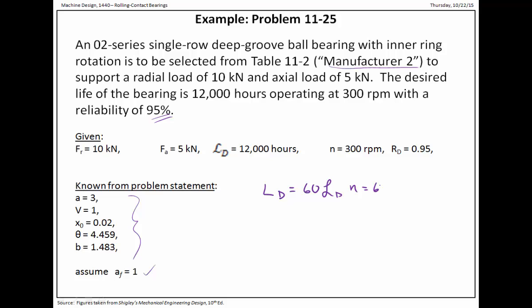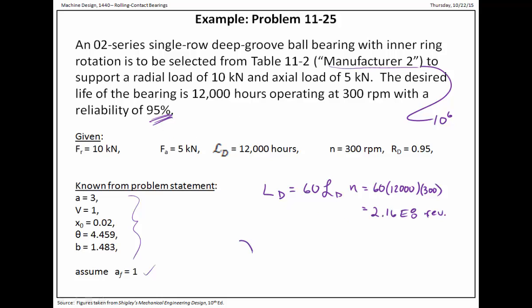So that's simply going to be 60 times 12,000 times 300. We're going to end up with 2.16 e to the 8 revolutions, which is obviously going to be more than the 1 million. If we look up in the table, we find that manufacturer 2 is based on the 1 million revolutions, 1 million cycles. Okay, so we know, because the reliability is 95, we're going to have to find